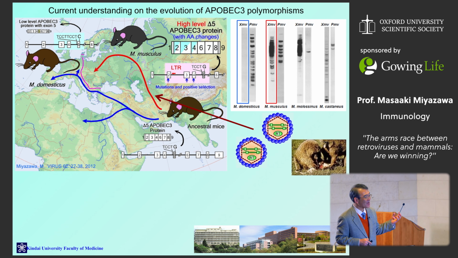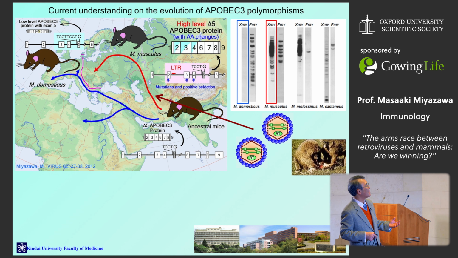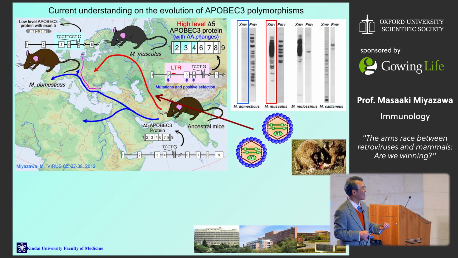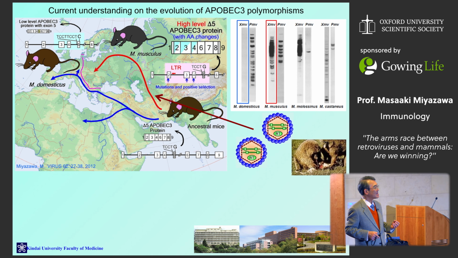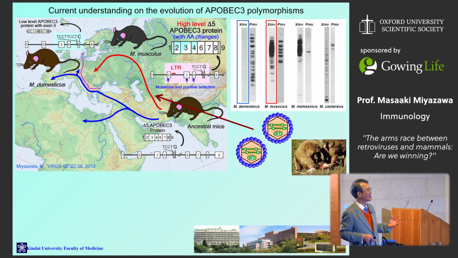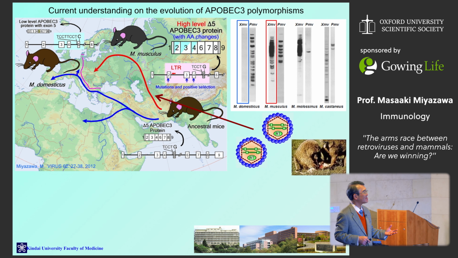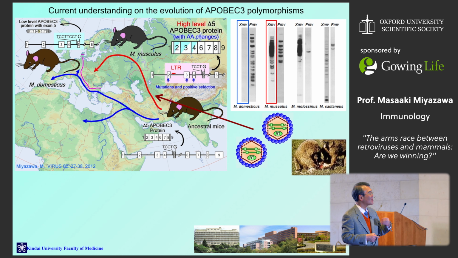So it can cause mutation of the cellular DNA itself. And it is already known that some human cancers, like breast cancer or uterine cervical cancers, are associated with clusters of mutations that are seemingly caused by